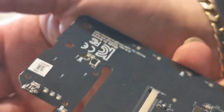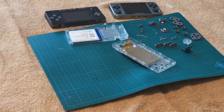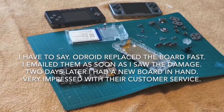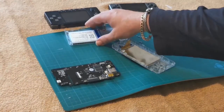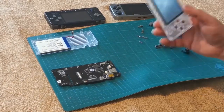It arrived like that. Luckily I'd already done all this with video, so that showed it as being dead. But today we have a nice new motherboard. So it's time to put this back together. I say back together because most of it was together. I was expecting to have to return the board, so I tore it apart again. So the only things that are fitted in, the battery is fitted in the back of the case, and the